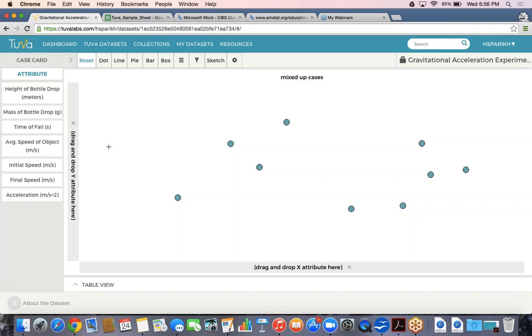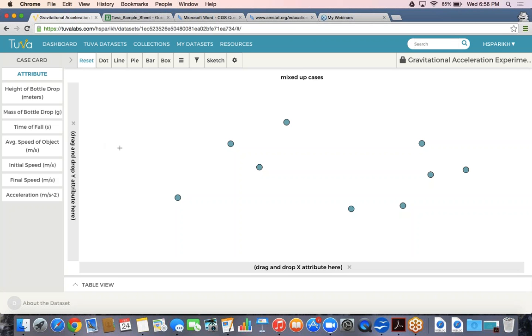So this is a physics lab, and students were doing an experiment to see how and if mass of an object has any impact on gravity, and the time it takes for it to